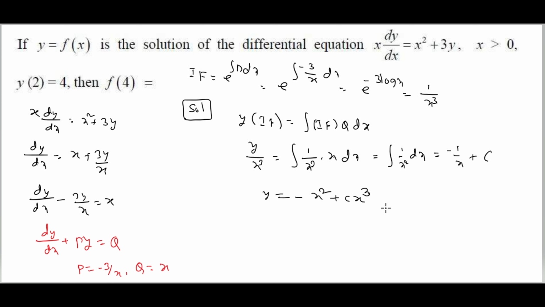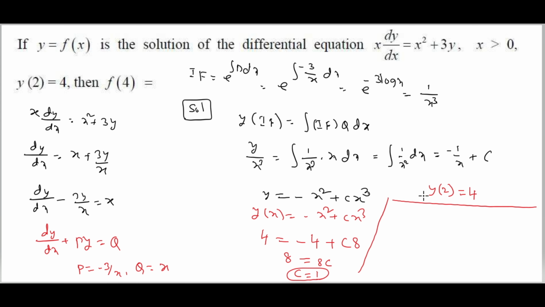Here y of 2 is equal to 4 is given. This is the equation, y of x is equal to minus x square plus c x cube. Substituting x value 2 and y value 4, that is 4 is equal to minus 4 plus c into x cube, that is 8. Therefore 8 is equal to 8c. From this c is equal to 1. Substituting the c value